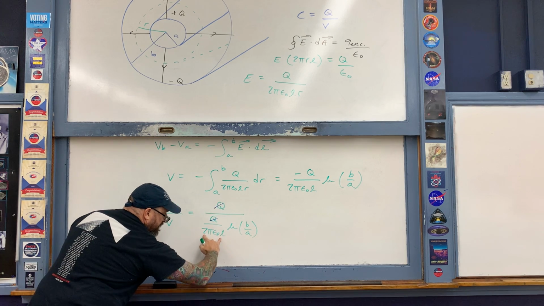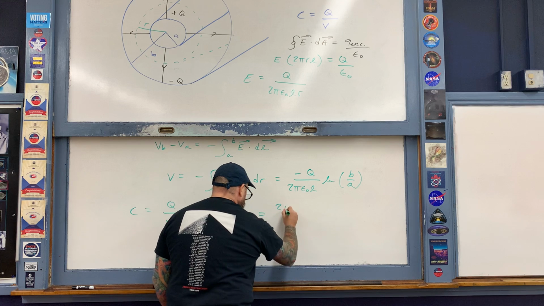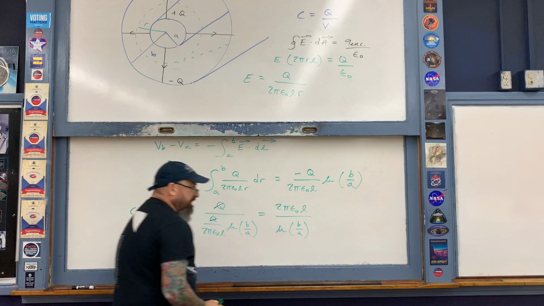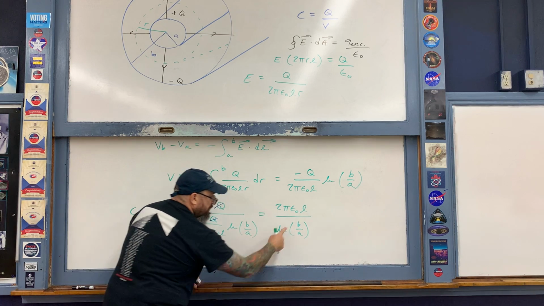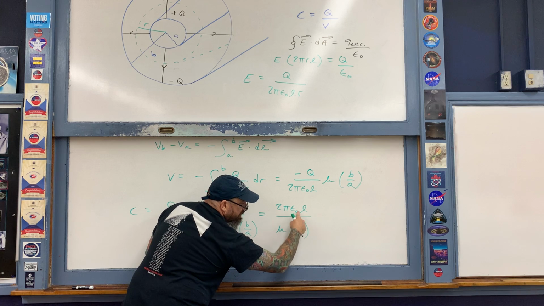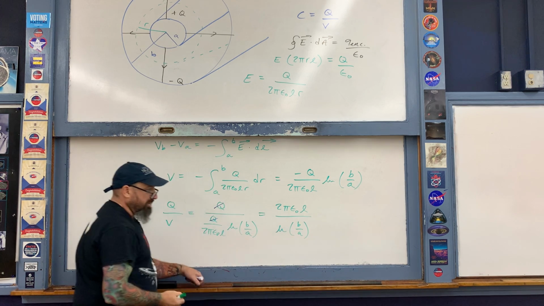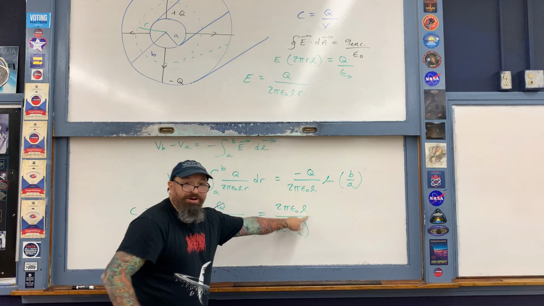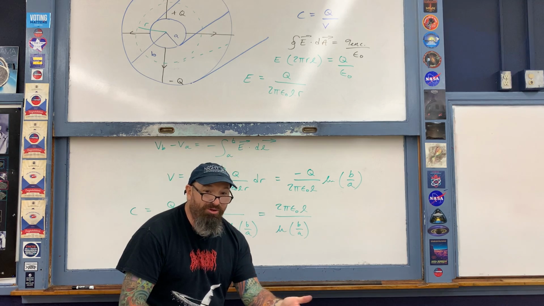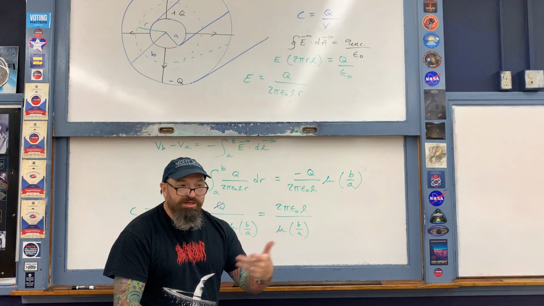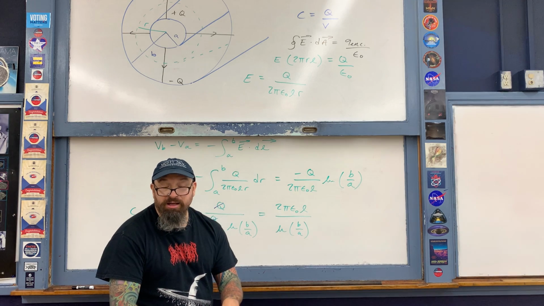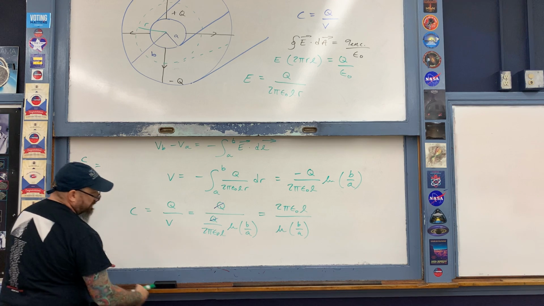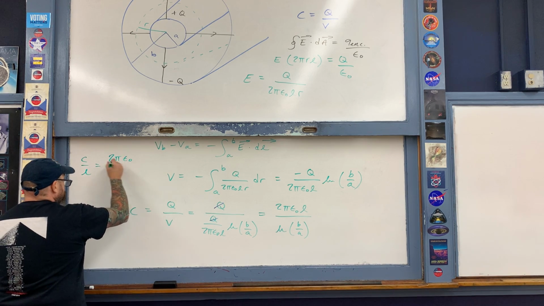Then we'll move all of this stuff up to the numerator, and that gives us the following expression. Notice that the units here are epsilon naught times the distance, epsilon naught times meters. There are no units associated with the natural logarithm. The capacitance, technically speaking, is infinitely large because we're talking about infinitely long cylindrical shells. So this is why we do the last step in the problem, which is to calculate the capacitance per unit length. The capacitance per unit length is then equal to 2 pi epsilon naught divided by natural log